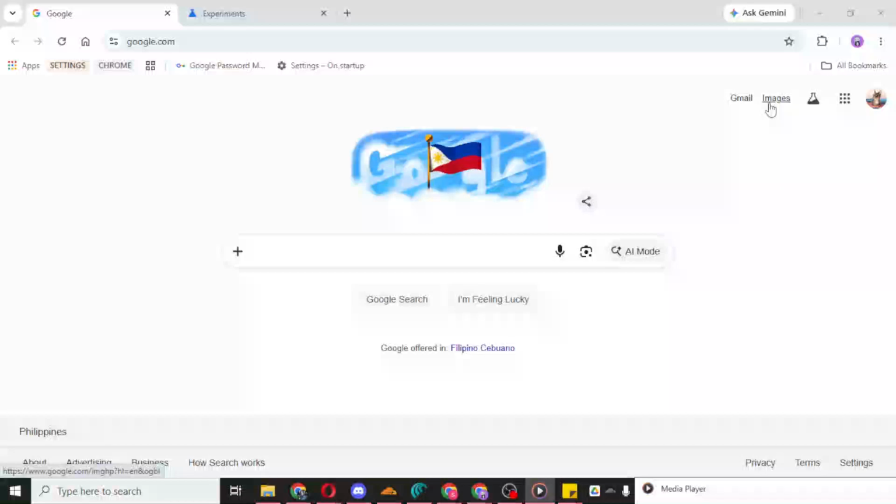In today's video, I'm going to teach you how to fix WebGL not supported by your browser Chrome. If you're seeing a message that says WebGL is not supported in Chrome, don't worry. This issue is often caused by a browser setting, an outdated version of Chrome, or a graphics-related feature being turned off. In this walkthrough, I'll show you the exact settings to check so you can get WebGL working properly again.